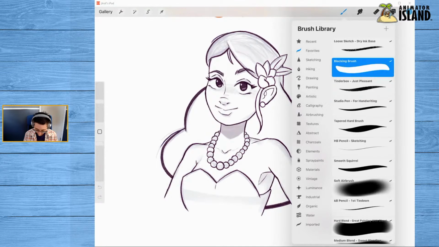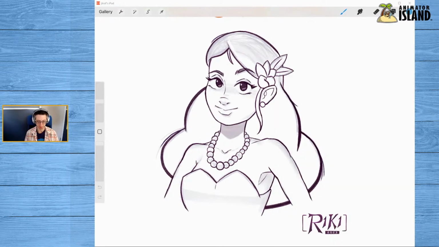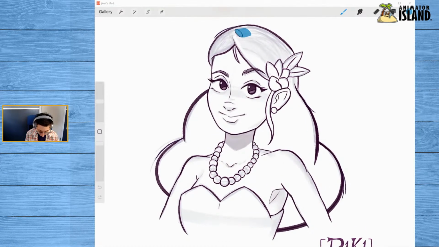I'm going to pick my blocking brush, which we talked about in a previous live stream. It's just a brush I made that's extremely simple. And I'm going to go in and I'm just going to start filling in my character here. Now, because these are lines, I could technically use the fill feature.